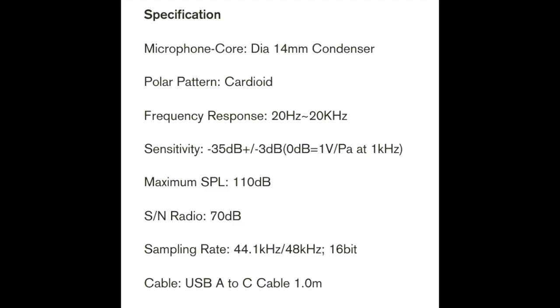SNR ratio is 70 dB, which I think is poor. What is SNR ratio? SNR is signal to noise ratio, which is technically the ratio of the power of the signal level to the noise power that corrupts that signal. Therefore, the higher the ratio, the less noise will be apparent in the overall microphone signal. The good SNR ratio for a microphone would be 79 dB or more. And this microphone has a self noise. So I think for this kind of microphone, SNR ratio should be around 84 dB.